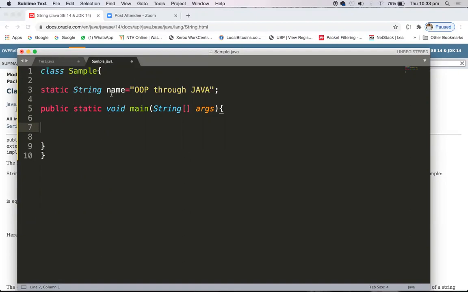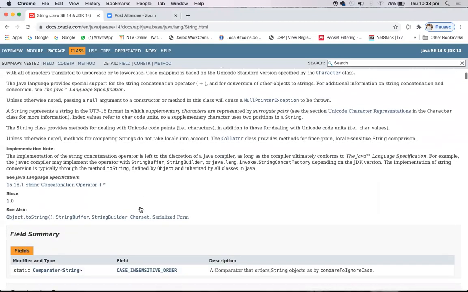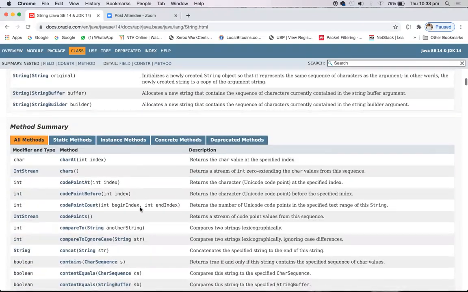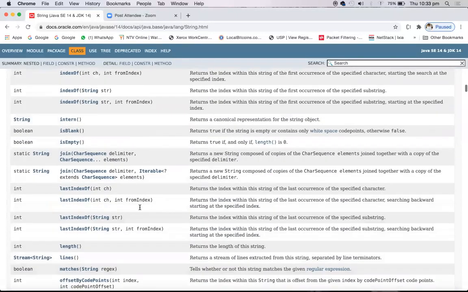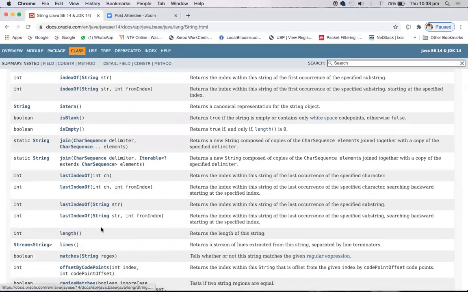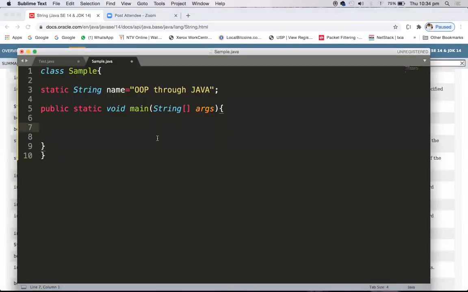Okay, so now name is of type what? String. Okay, so in the String class do you have any method that actually gives you the length? If you go to the String class you can find it here. There is a method available in the methods, called length actually. I will just go to this length. So this is the length method, it returns the length of a string, returns what? Integer. Okay, so it counts the number of characters and returns it. So I have a length method available as part of my String class. Okay, so now how do I call that length method?